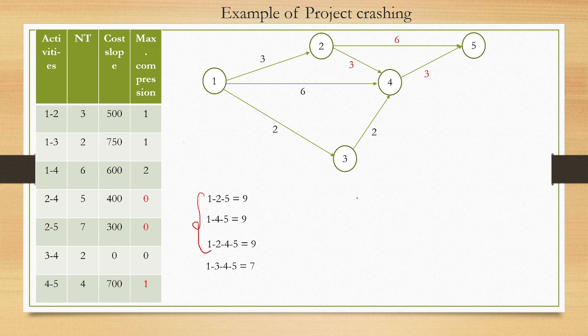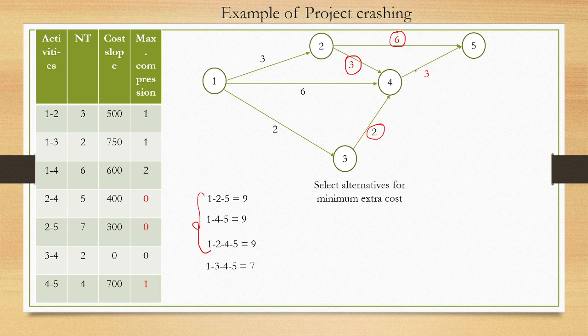Again we will look for alternatives, right? So let's look for alternatives. What alternative do we have? Can we reduce this one? Since we cannot reduce this one, this is already maximum compression. 2 to 4 is 0, so we cannot reduce this one. 2 to 5, we cannot reduce this one, and 3 to 4 we cannot reduce. So 3 to 4, this one we cannot reduce. Okay, so apart from these critical activities, which is 2 to 5 and 2 to 4, we can reduce other critical activities. So what we can do,